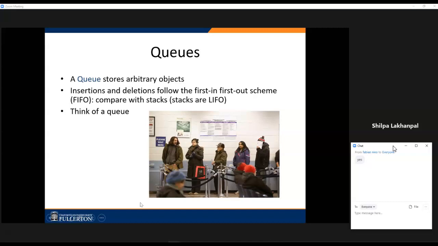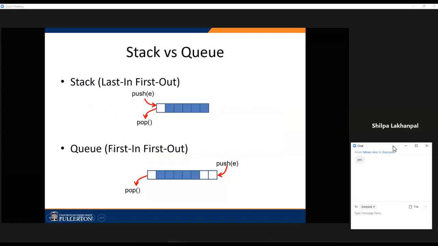And the important part is this person came in first. So this person will get the first chance to do whatever they are waiting for. He was the first in the queue, so he's the first one out of the queue. So the queue is actually a first in, first out principle. Whereas if you remember, the stacks were last in, first out, a LIFO. So we should always contrast the queues and the stacks like this, where a stack is last in, first out, whereas a queue is first in, first out.